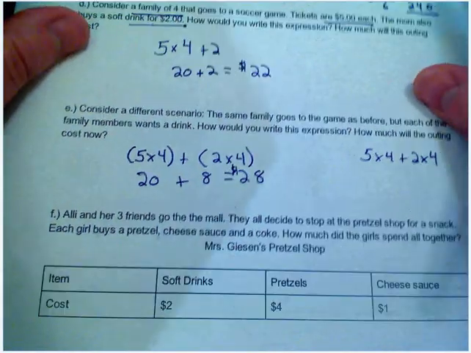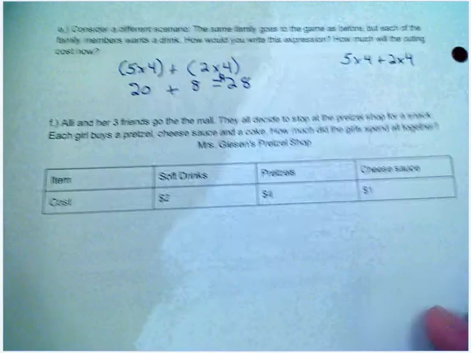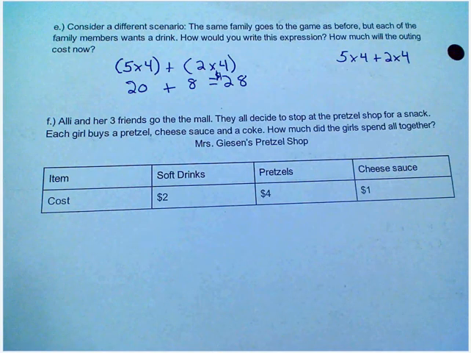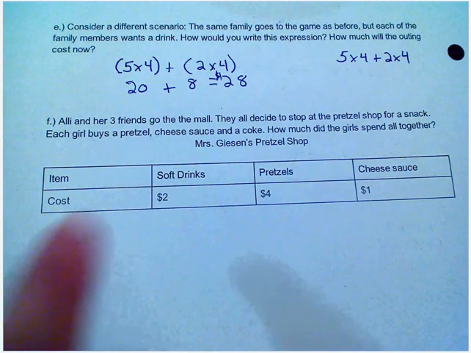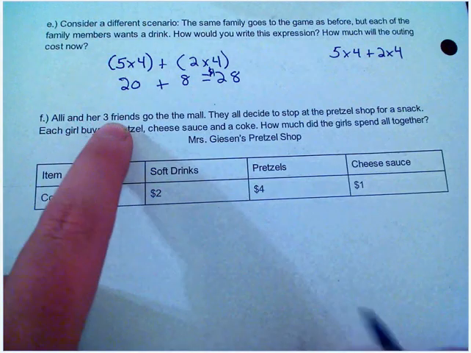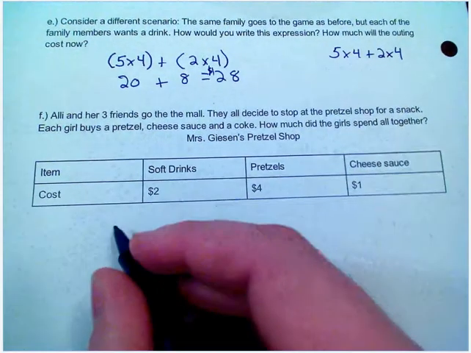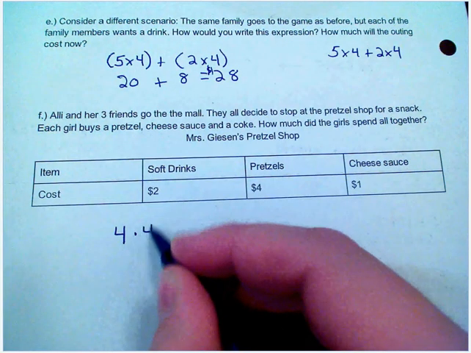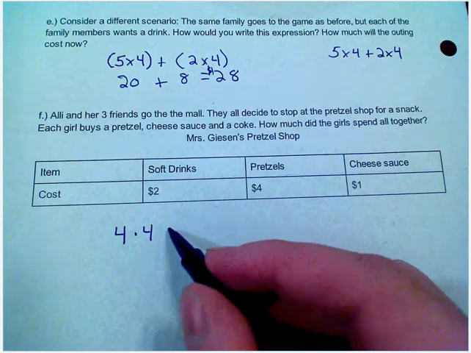Try F. Allie and her 3 friends go to the mall. They decide to stop at a pretzel shop for a snack. Each girl buys a pretzel, cheese sauce, and a Coke. How much did the girls spend altogether? Okay, so within there, you have Allie and her 3 friends. So you have 4 total friends. Each girl buys a pretzel at $4 a piece, a cheese sauce at $1 a piece,